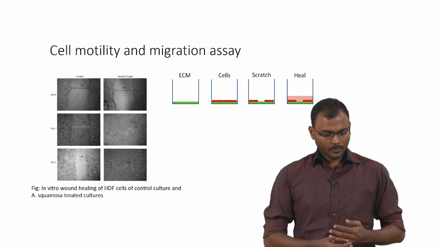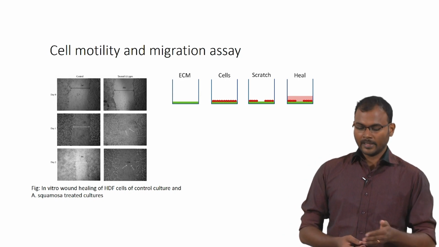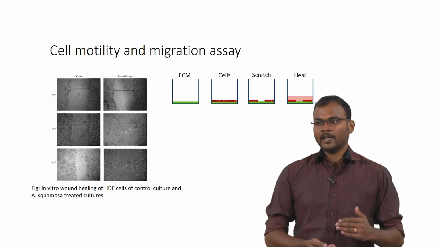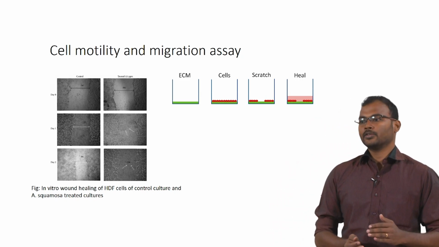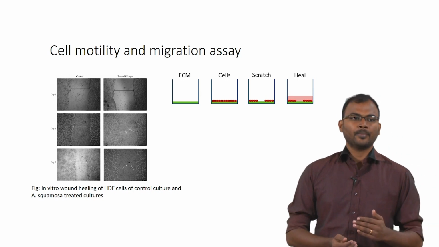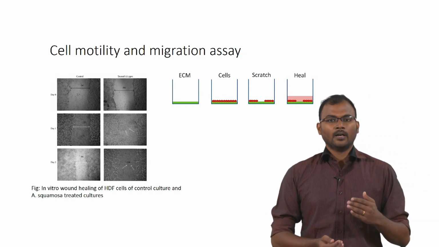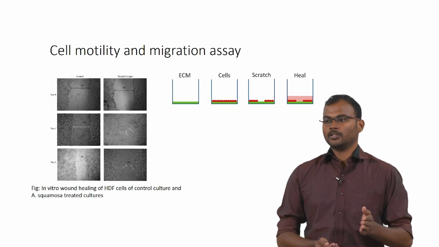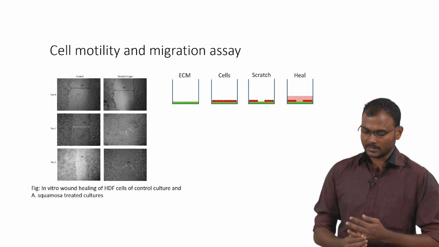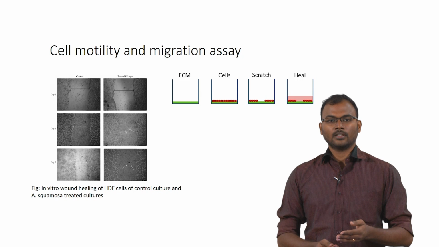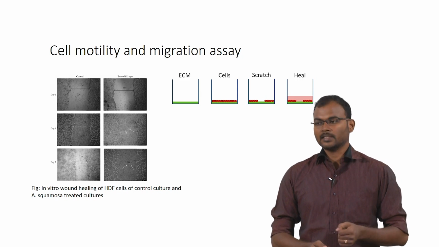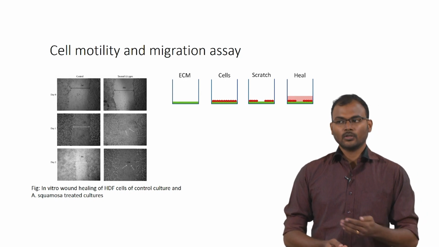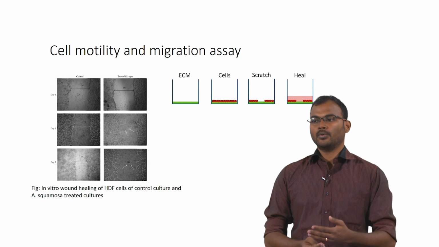So coming to cell motility and cell migration assay. These are the next stage of characterization, predominantly used in wound healing application. In wound healing application, there would be a wound separating two different tissues, the same tissue, so you have to join them. That can be done using this scratch assay. So you have a material, you seed the cells onto the material and you scratch them, and whatever compound will enhance the healing property, you put that compound